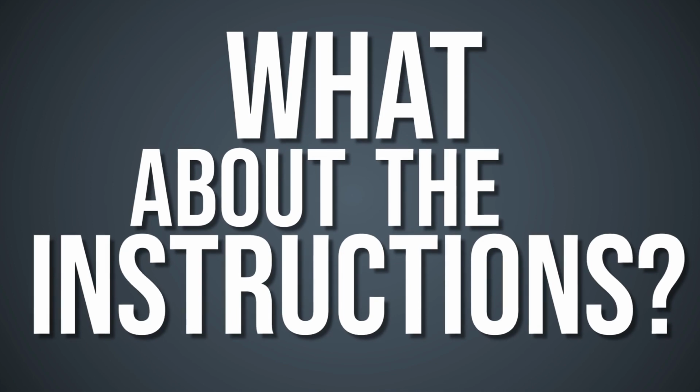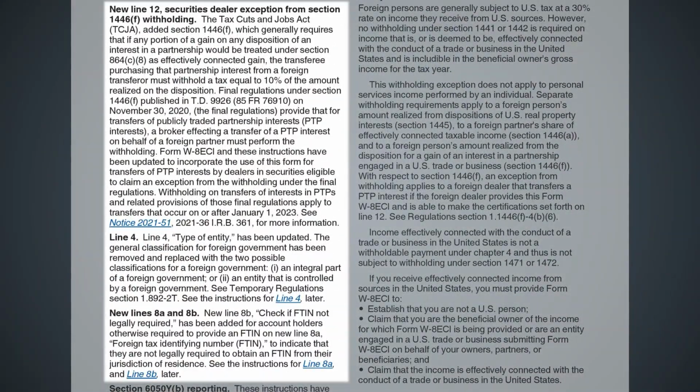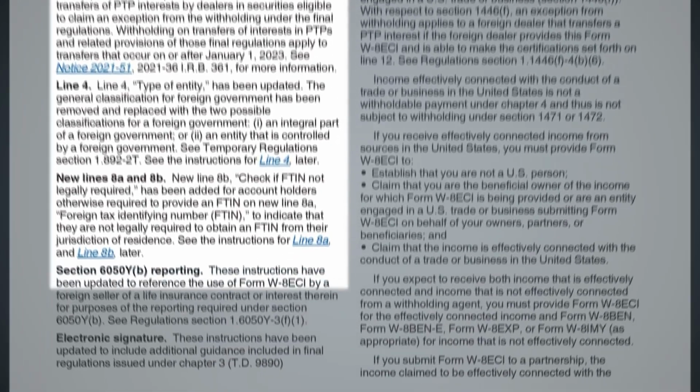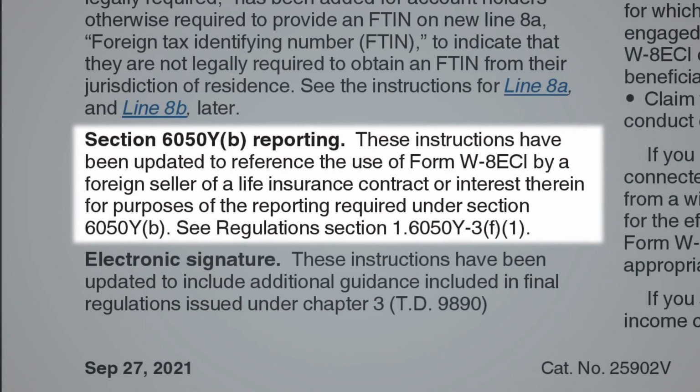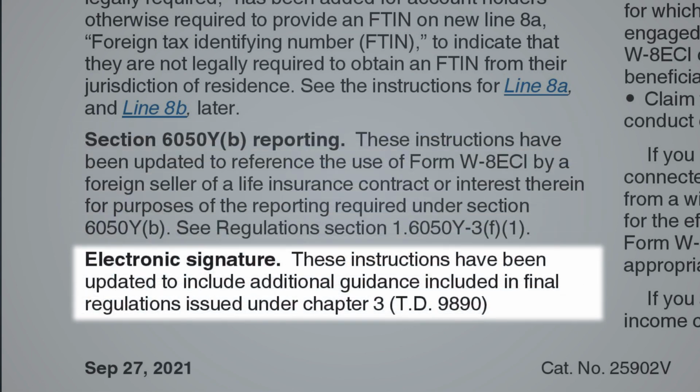But what about its instructions? Well, we start with all the new updates we just discussed regarding the face of the form. Then we have section 6050Y-B reporting. Form W-8ECI, usage by a non-US seller of a life insurance contract or interest therein for purposes of reporting required under section 6050Y-B. See Regulation section 1.6050Y-3(f)(1). And lastly, the instructions have been updated to include additional guidance in the final regulations issued under Chapter 3